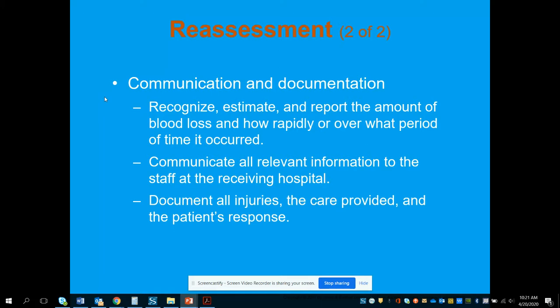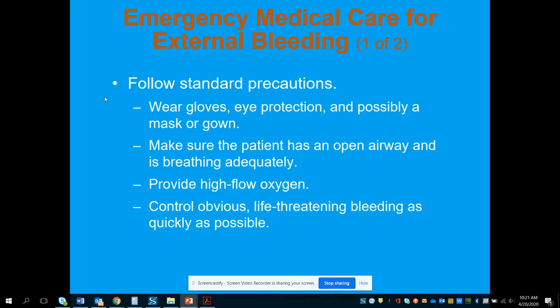So we're going to communicate all of this information with the receiving hospital, and then also make sure that when you're documenting, you're putting in everything that you did, all the same information. How much blood do you think was lost? Is your direct pressure working? Did you have to move forward to a tourniquet? That type of thing. So looking at some treatment for that external bleeding,